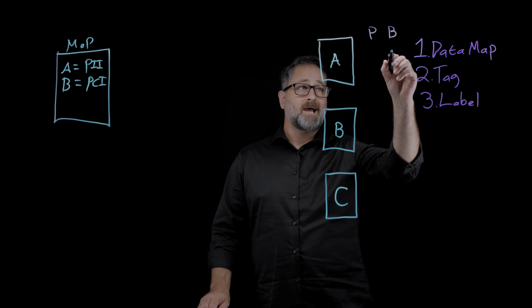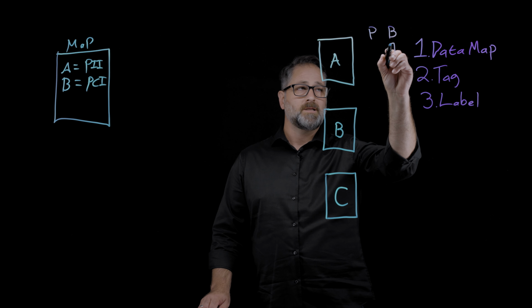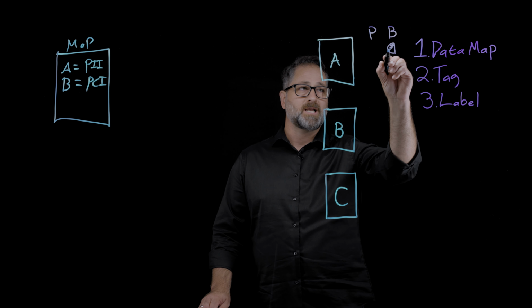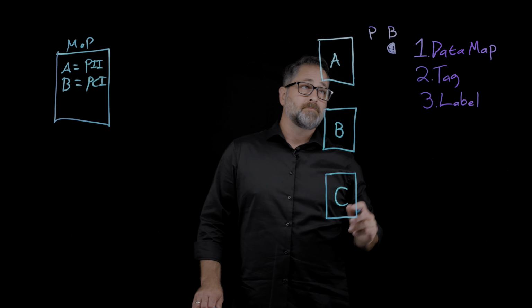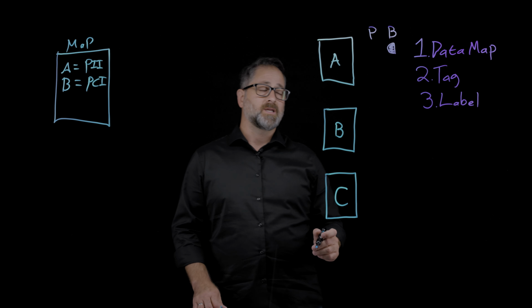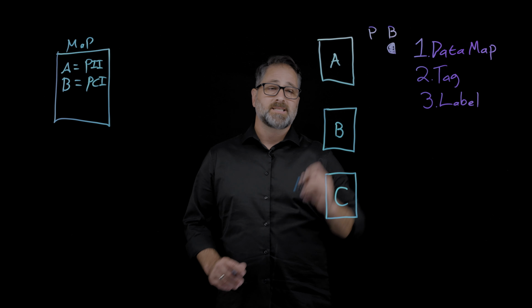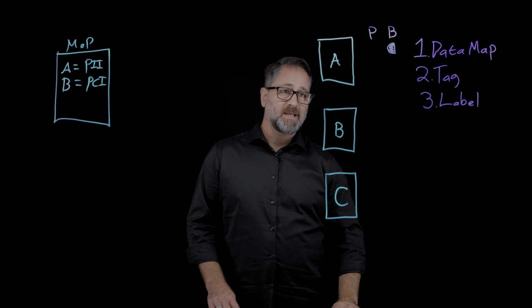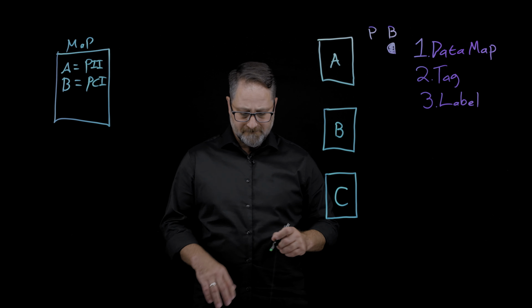So a data map has pretty good breadth, right? It's still reliant upon content inspection. So it can't readily identify images and videos and CAD files, that sort of thing. But in terms of persistence, it doesn't have any real persistence. And what that means is that if I take file A here,